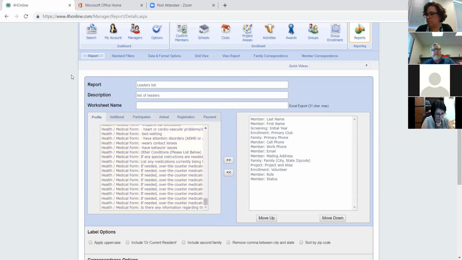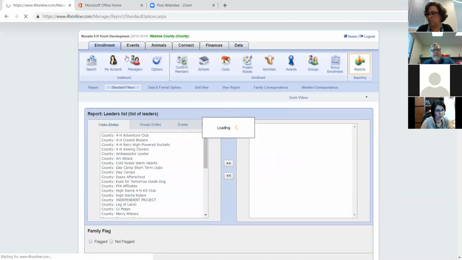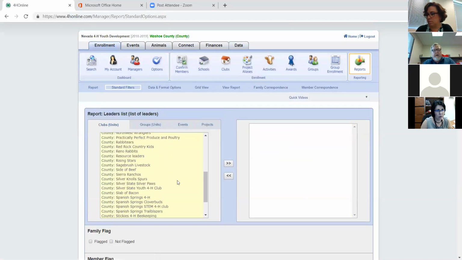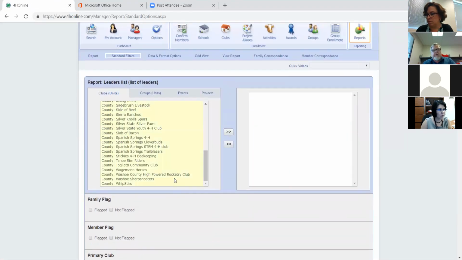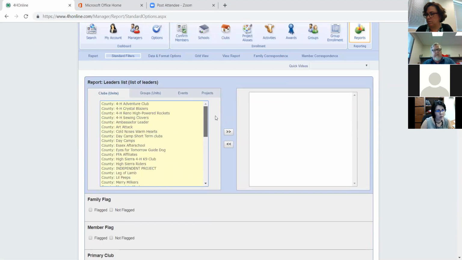spreadsheet. And then you have filters, and this is where you can wait forever for it to change. There we go. You can filter it down by saying, I only want these pieces in there. I only want it to go to this group or that group,